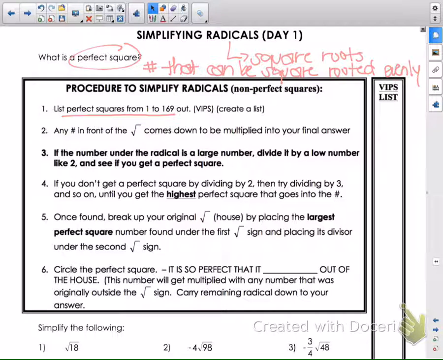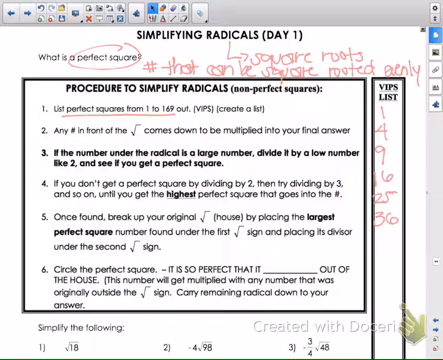Okay, here's where we're going with this. Square root of 1 is 1. That's why it's a perfect square. What would be next? Which would be square root of what number? 4. So 4 is the next perfect square. What comes after 4? 9, because the square root of 9 is 3. Okay, the next one we're looking for is what square roots to give us 4? 16. After that, 25,